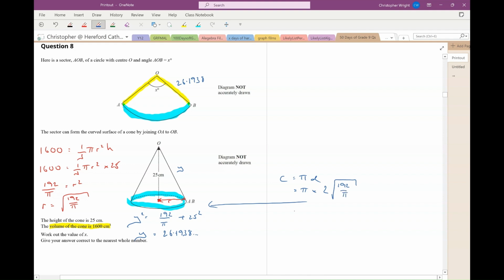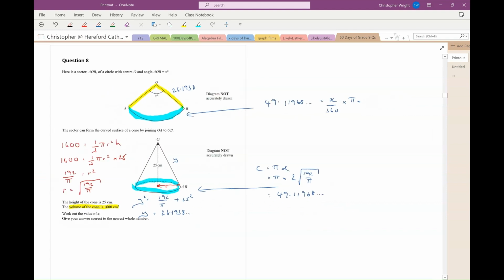Well, I could obviously put a number on that if I wanted to. Let's do that, shall we? So it's going to be 192 divided by pi equals, square root answer equals, times by 2 equals, times by pi equals 49.11968, and so on. And I know, therefore, using this diagram here, that that curved blue part of the circumference also has a length of 49.11968, and so on. And I know that equals x 360ths of pi times the diameter,